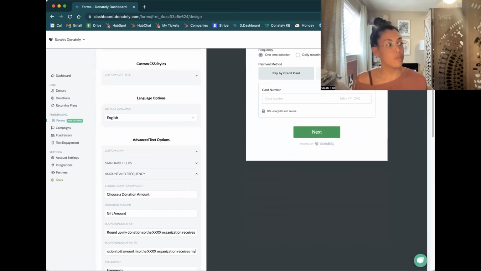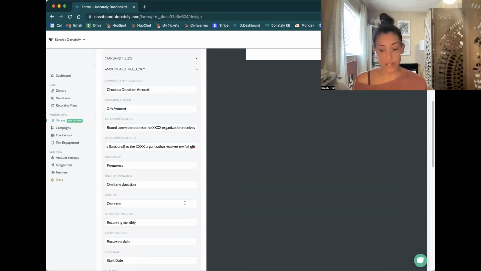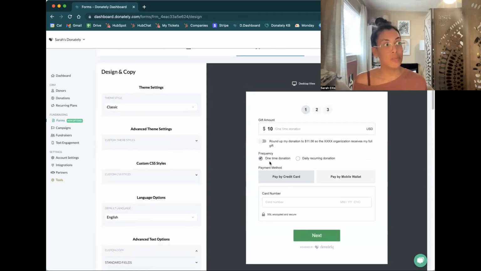And then the person receives my full gift. Once you make that edit, it will edit it on your mobile preview here, so then you can change this and edit it however you would like. Now I think this is pretty good for now, but I want to move to